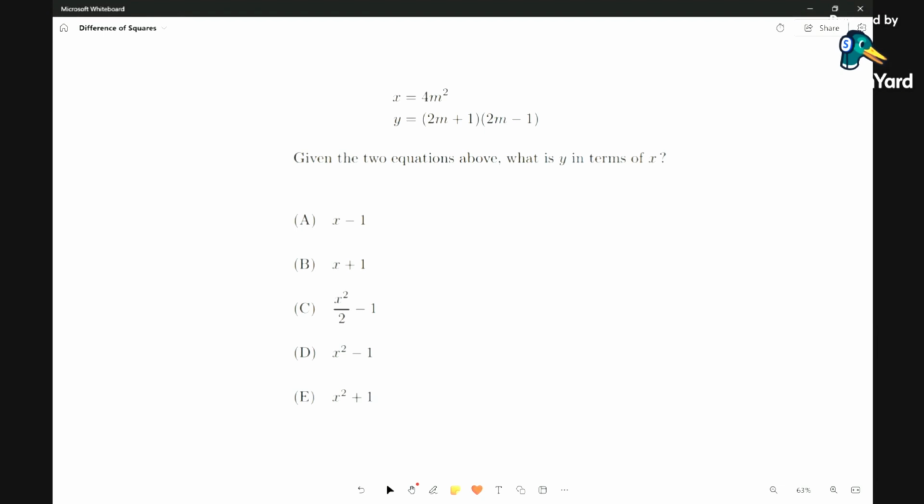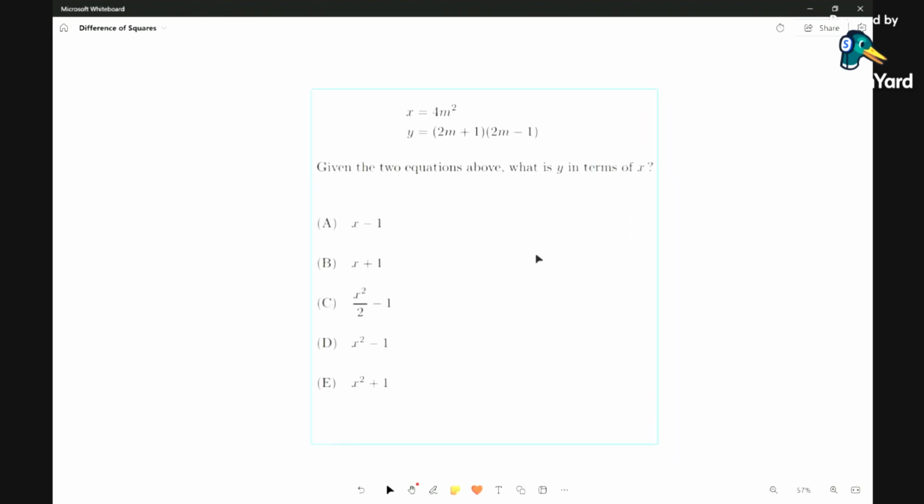So let's say you see a question like this on the SAT. We have x equals 4 times m squared. And we have that y is (2x plus m) and (2x minus m). A lot of students might not be familiar with what the difference of squares is, and so they have no idea where to start with this, right? The question is asking us, given the two equations above,